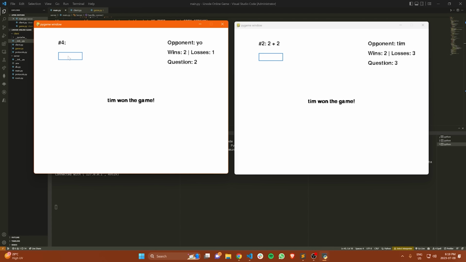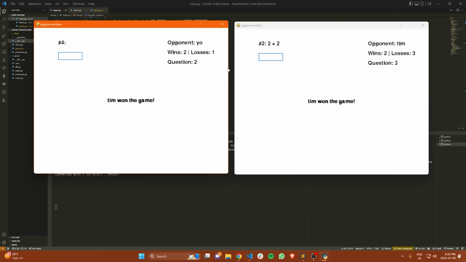But the idea is I'm showing you how we connect 2 players in real time with each other. The server will support any number of concurrent games that we'd like. We're keeping track of the wins and the losses. And then you can see how we can handle synchronization and how we can see real-time data across multiple different